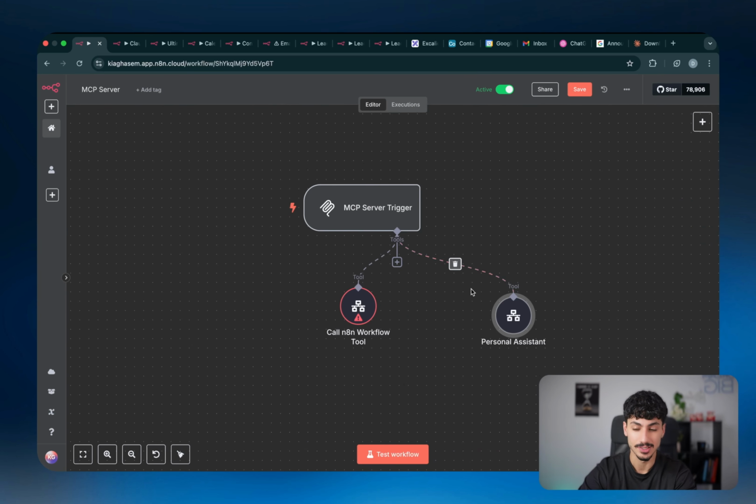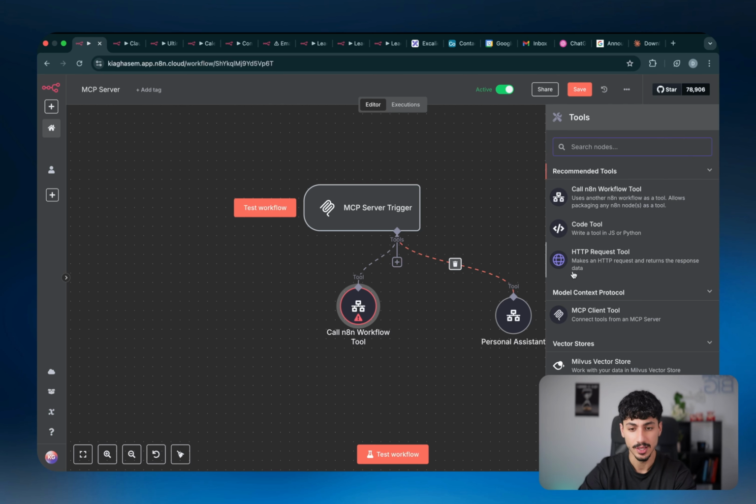So in practice, all of this is going to be much more simplified and easier to do in the future. But at the moment, you kind of have to glue different pieces together. So with that being said, just by clicking this plus tools button, you can make Claude have access to any workflow, any tool, any piece of code. And by literally doing that, Claude is now an AI agent that can literally achieve anything.